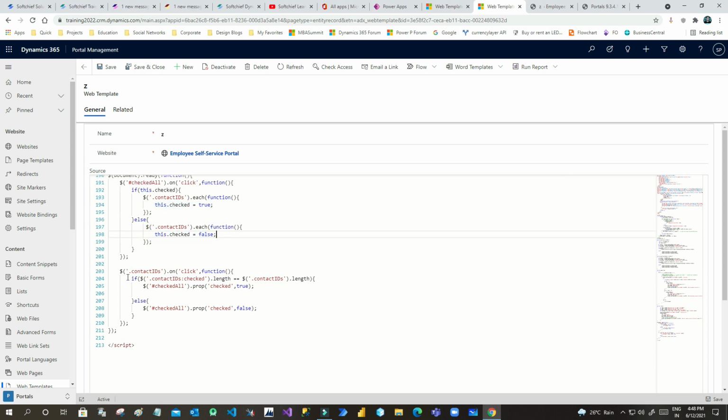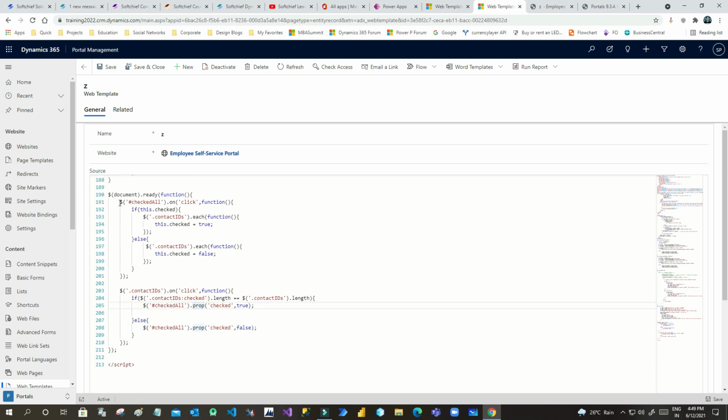And if you uncheck a row item checkbox, it will uncheck the global checkbox, and if you select it, it will check the global checkbox. So these two functions check and uncheck the global and row item checkboxes.